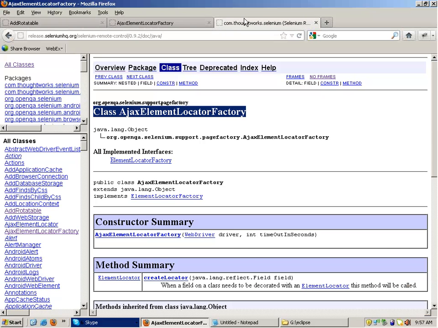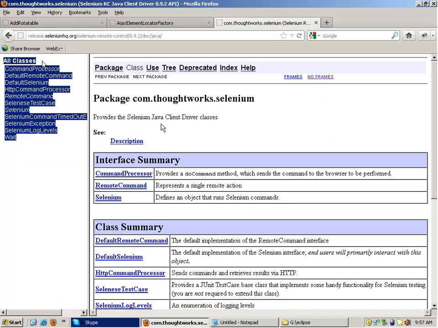The architecture of RC was very small, only these many classes were present. Okay, so I will tell you about the difference as we proceed with the course. Alright, now